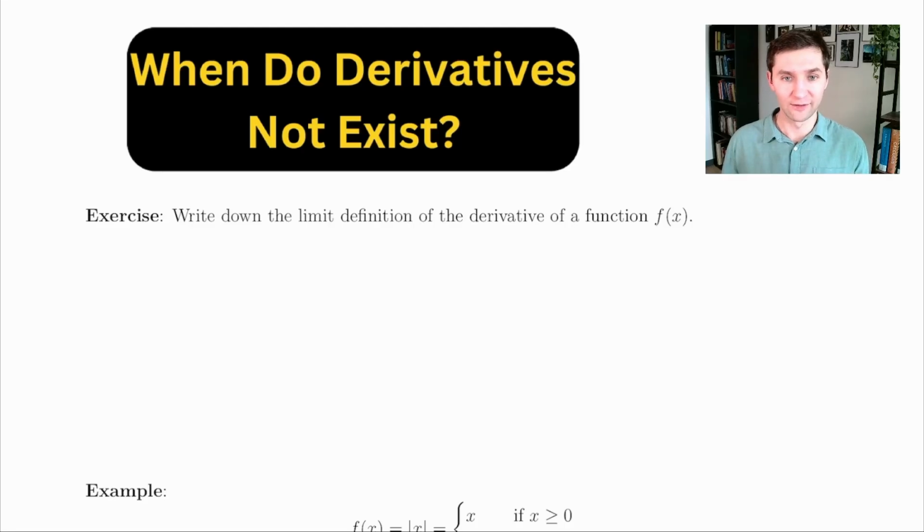Hi everyone. Today we'll learn how to detect if a function doesn't have a derivative at a point. We'll do it in two different ways, by using the limit definition of the derivative and by using the graph